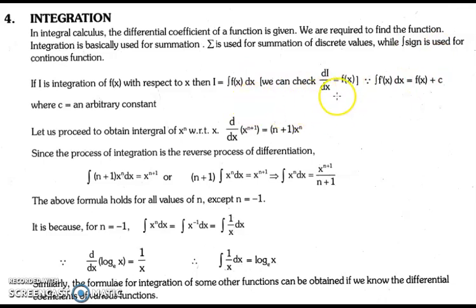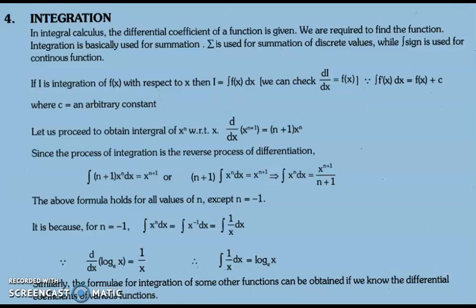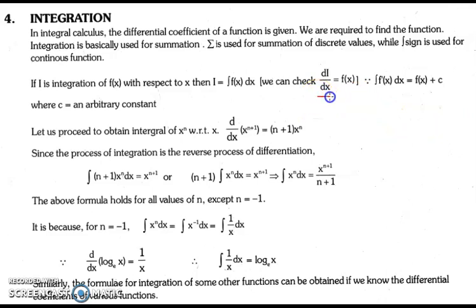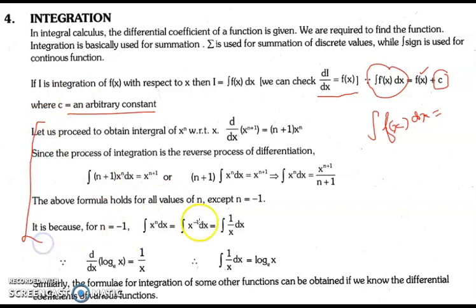Here it has been written that if di by dx is equal to f of x, then f dash x dx. This is how we represent the integral part. This is the symbol for integration. So this is the function that has to be integrated. So it is represented in this form, f of x dx. Okay. So whenever it will be integrated, we'll get one more function, and the c is known as the constant of integration. So c is an arbitrary constant, means a general constant. So we'll not discuss this example, we'll take it into further questions.